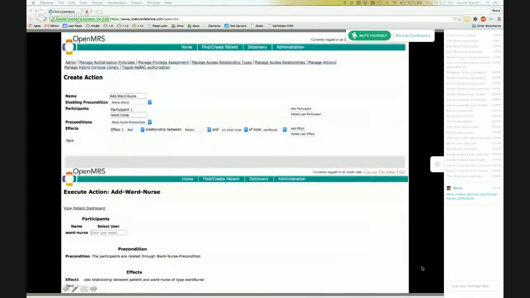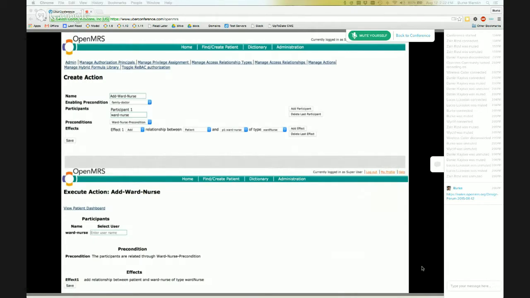Below we see the action being executed by a user who is in fact the family doctor of the patient. Again, we see the name on top. We know that the enabling precondition has been satisfied because this page is able to show up. In the participant section, the user selects the person that they want to introduce this relationship with.